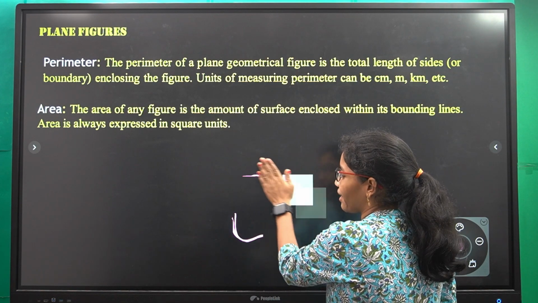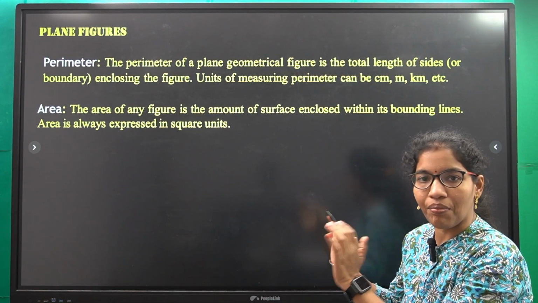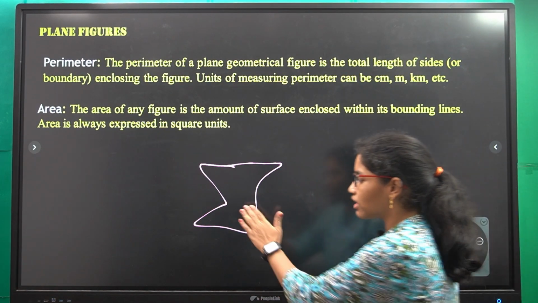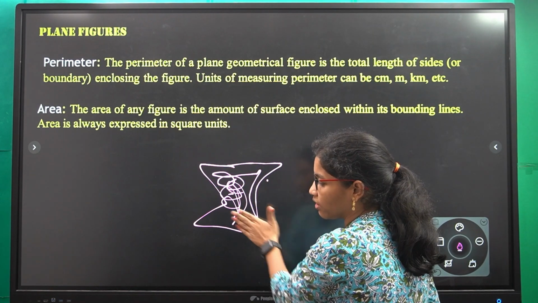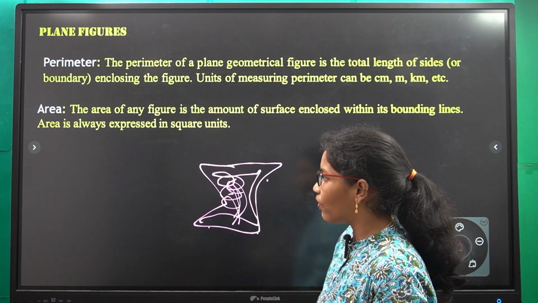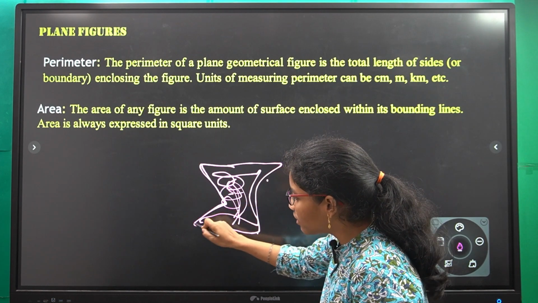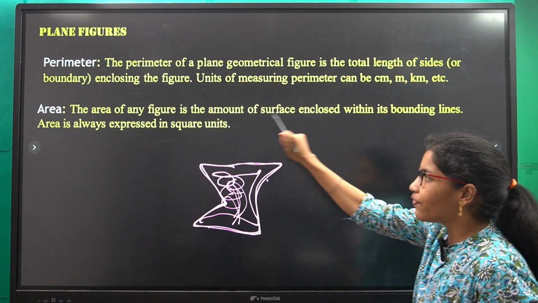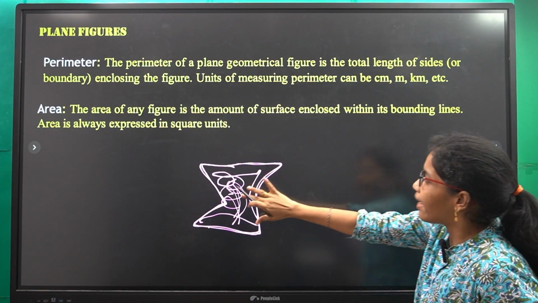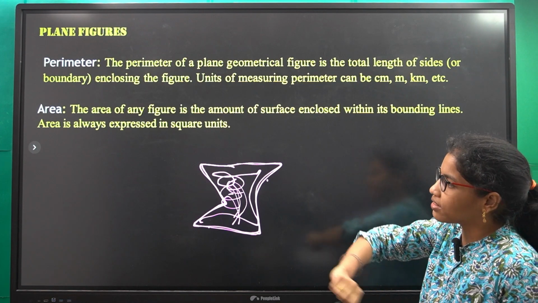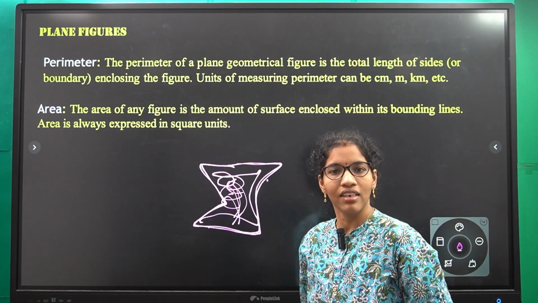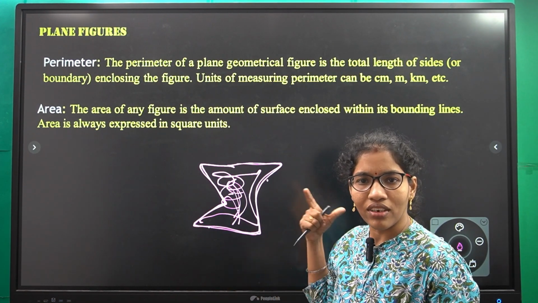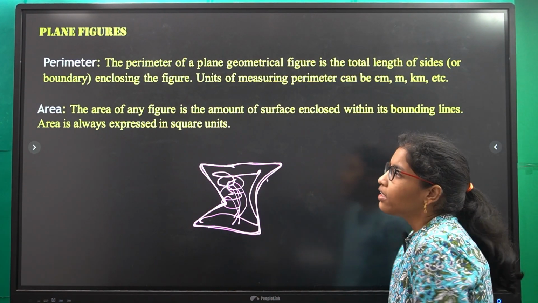So what is meant by area? Area is nothing but the region bounded by this figure. So I have a figure like this. What does area mean? This region. You have to consider this whole region. This region bounded by this figure is called what? Area. The length bounded by this figure is called what? Perimeter. Clear? So the area of any figure is the amount of surface enclosed within its bounding lines. Area is always expressed in square units. Clear? Perimeter is like a length and area is always in square units. Clear this one? What is meant by perimeter and what is meant by area? Okay. So now we will find